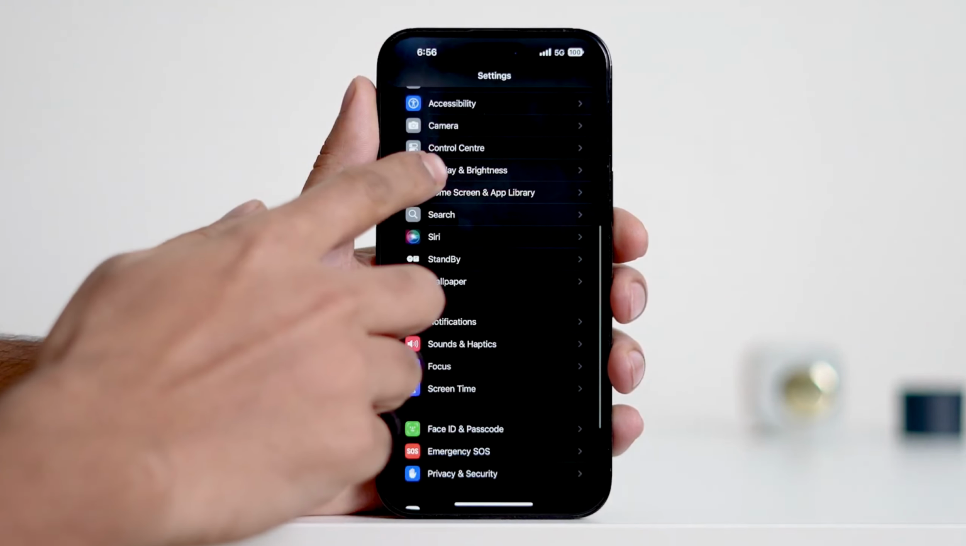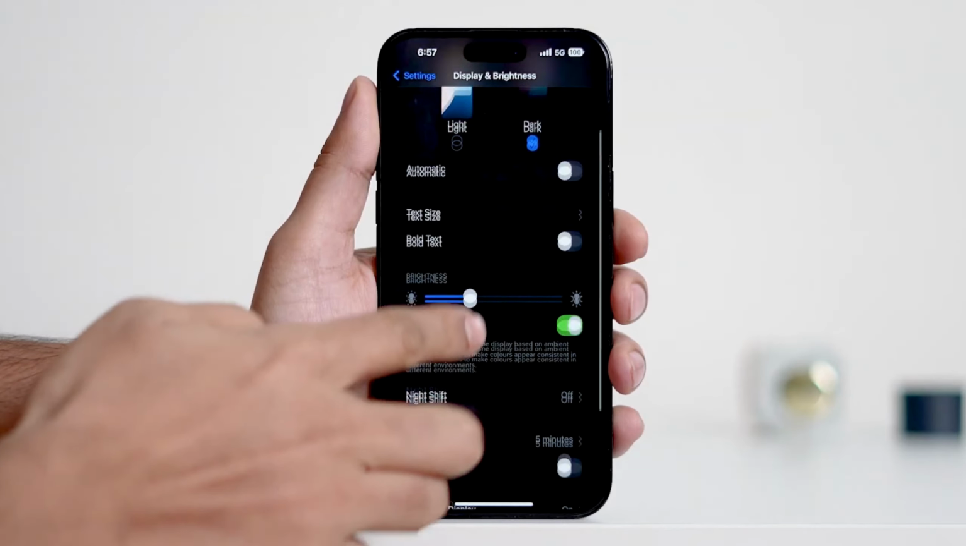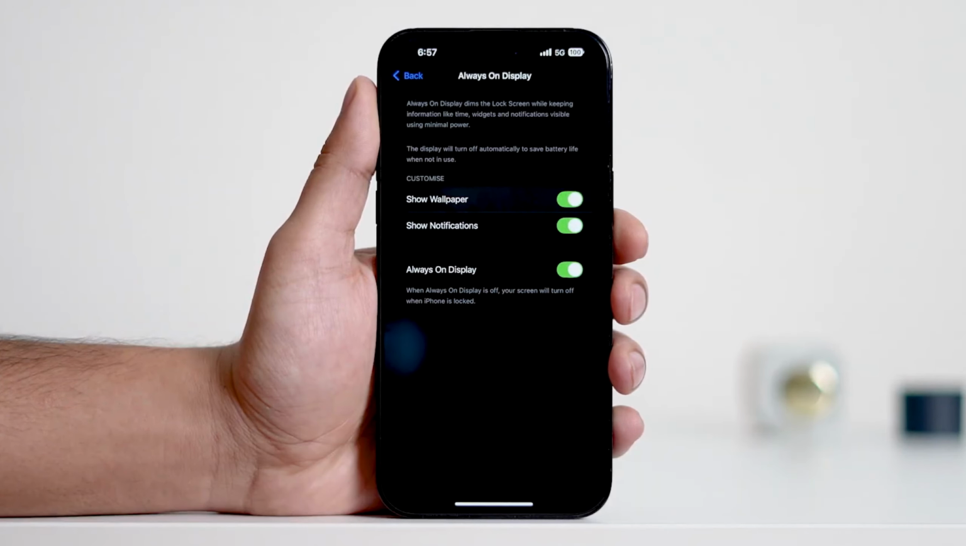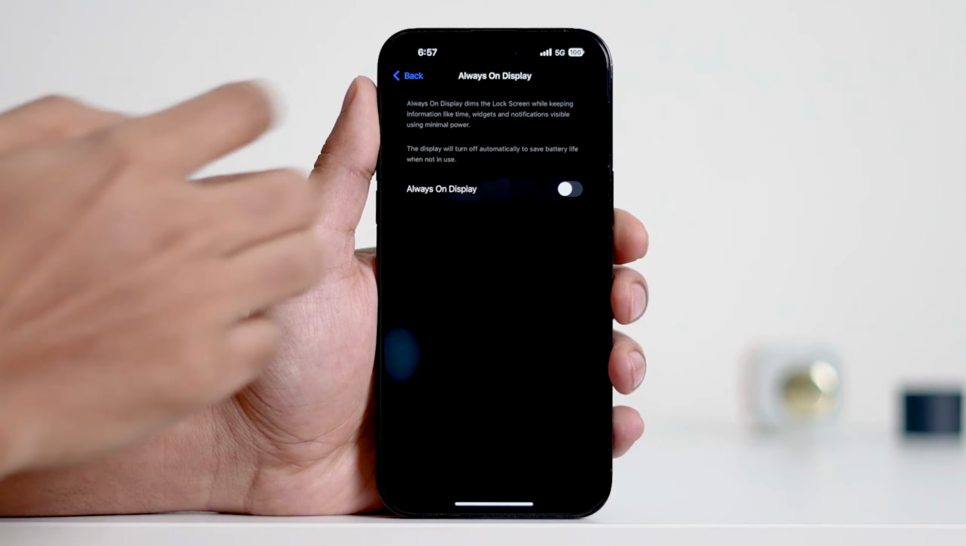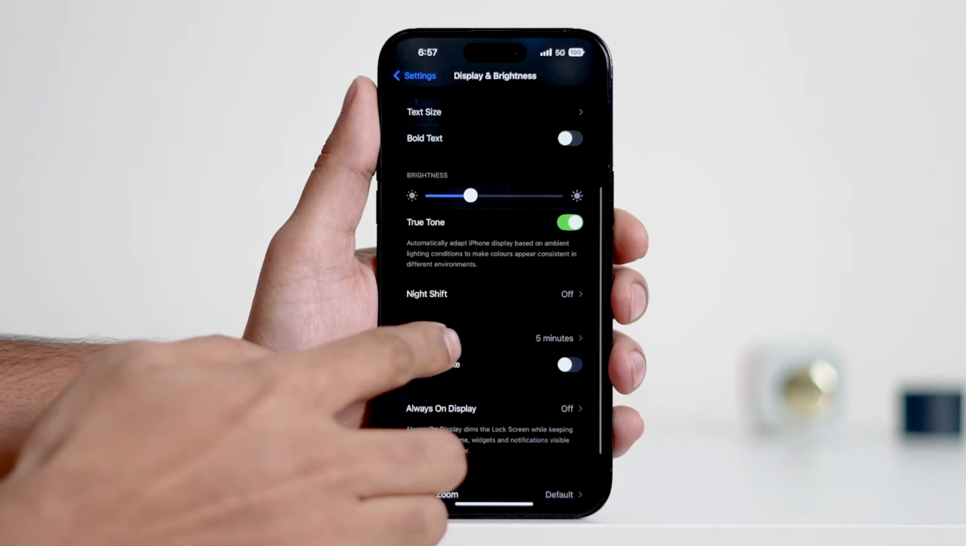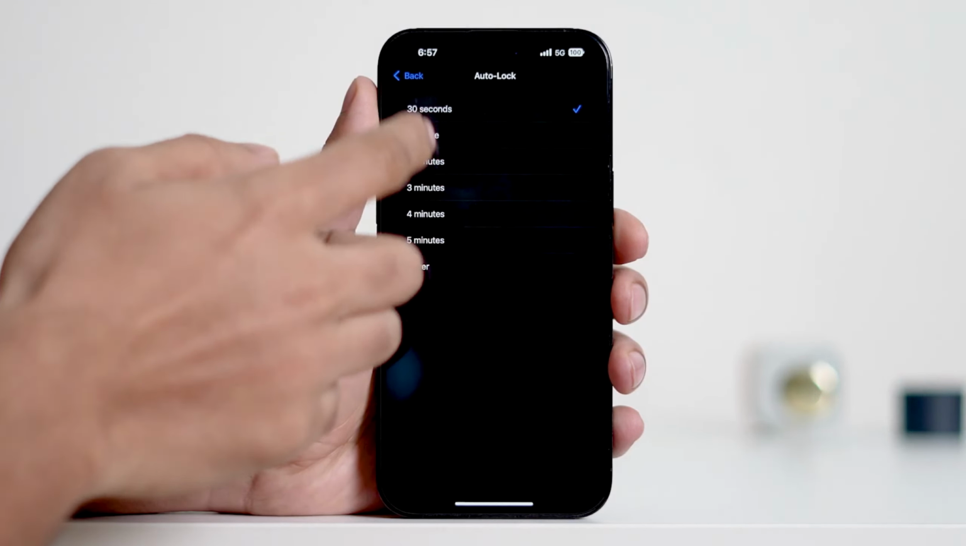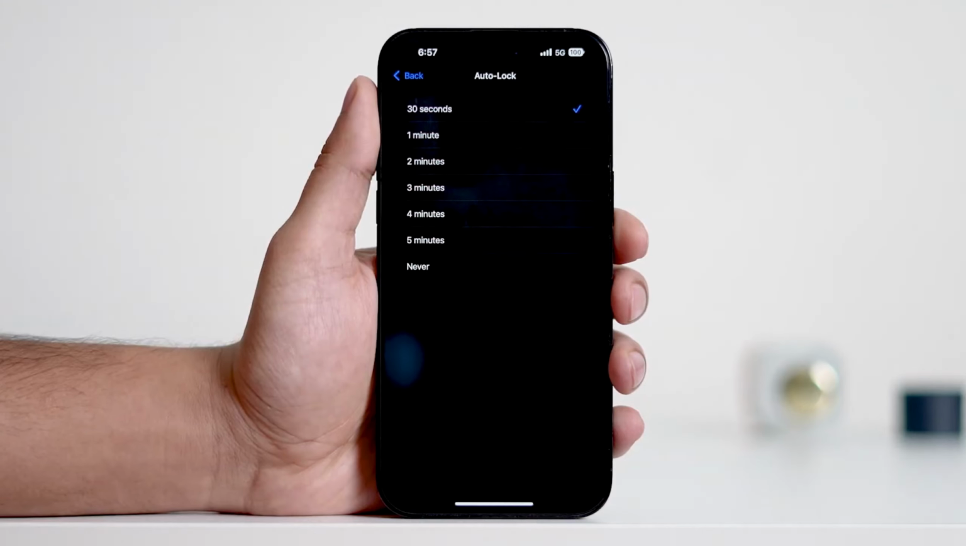and navigate to Display and Brightness, and turn off the Always On Display feature. This setting can heavily impact battery life if left on. Additionally, adjust auto lock to a shorter duration, such as 30 seconds or 1 minute instead of never. This ensures your screen doesn't stay on unnecessarily, conserving battery. Now go back